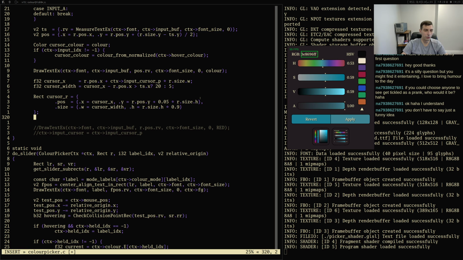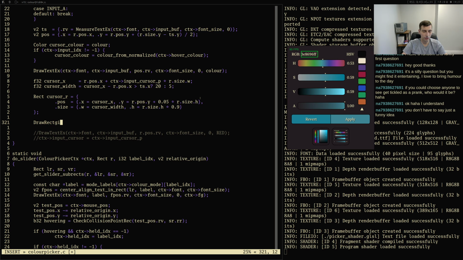We're going to do that. We're going to do draw rectangle ex, cursor r dot r